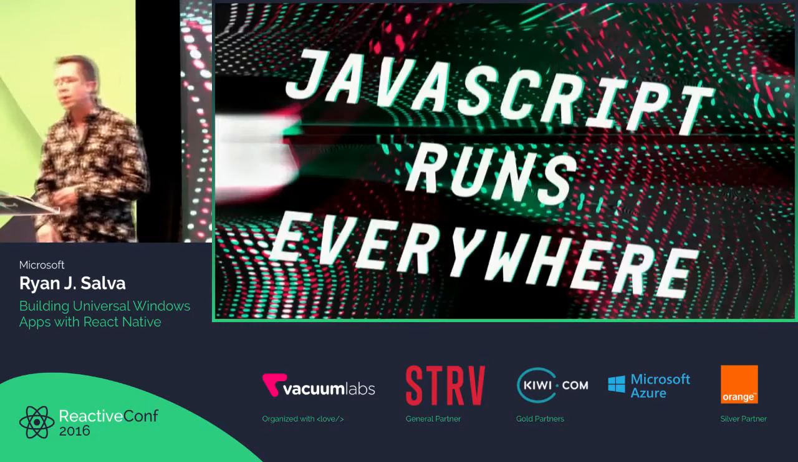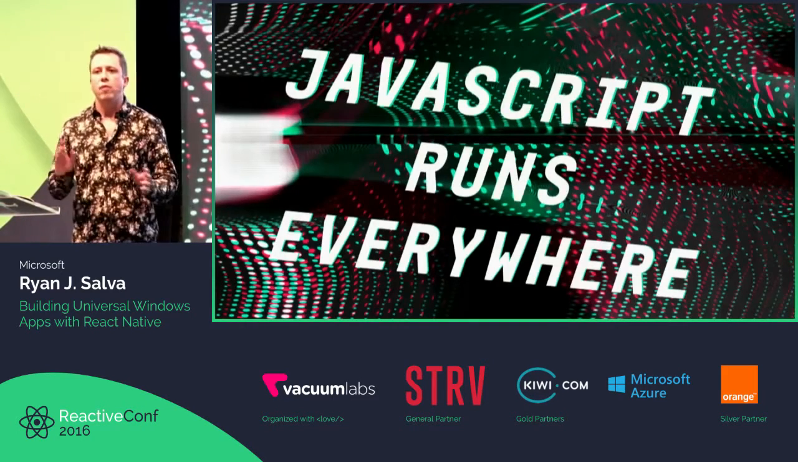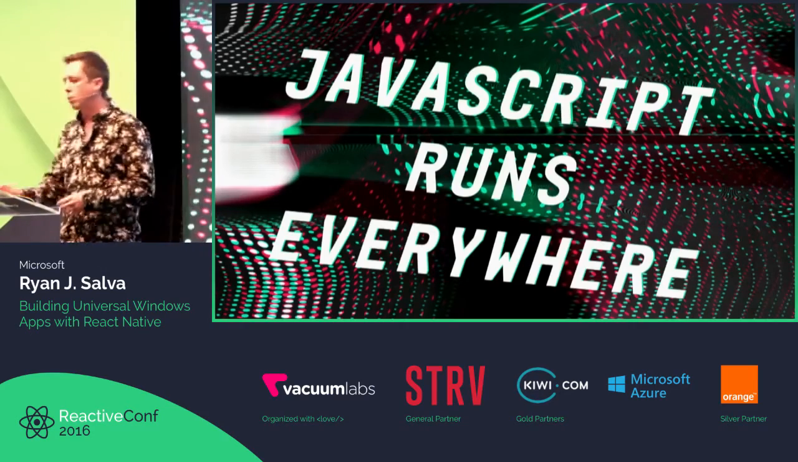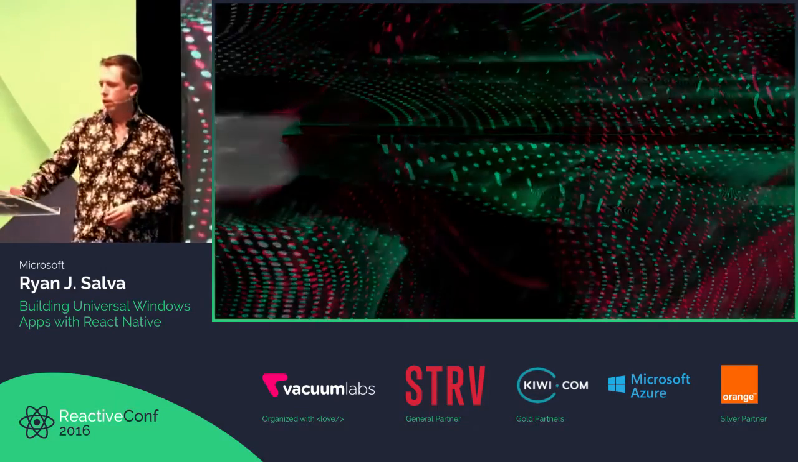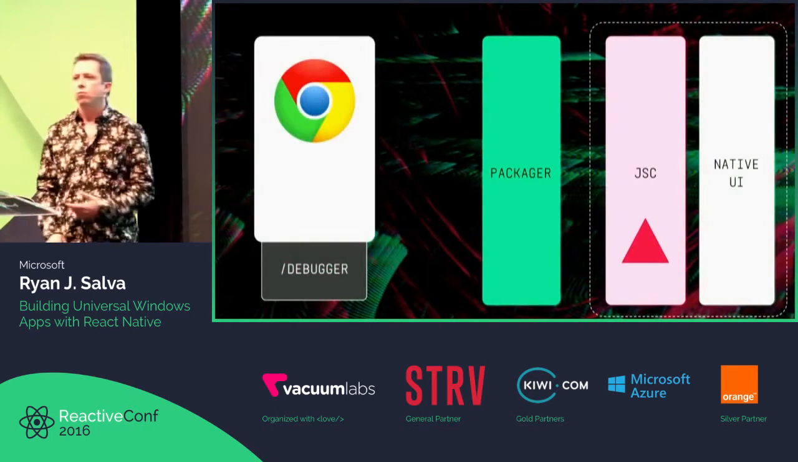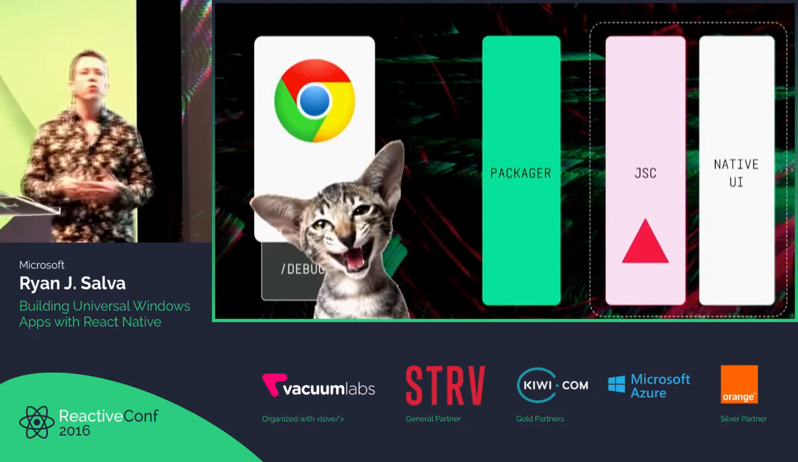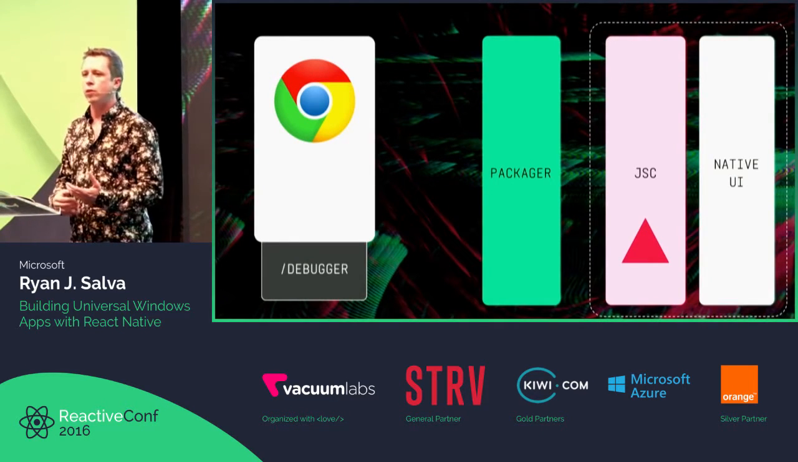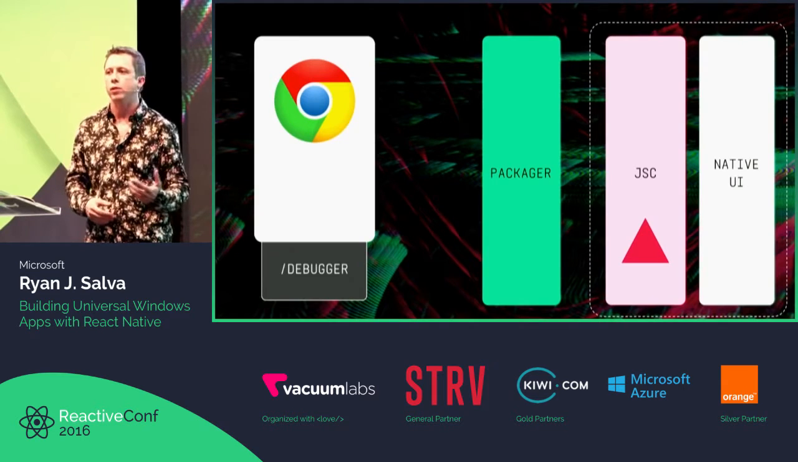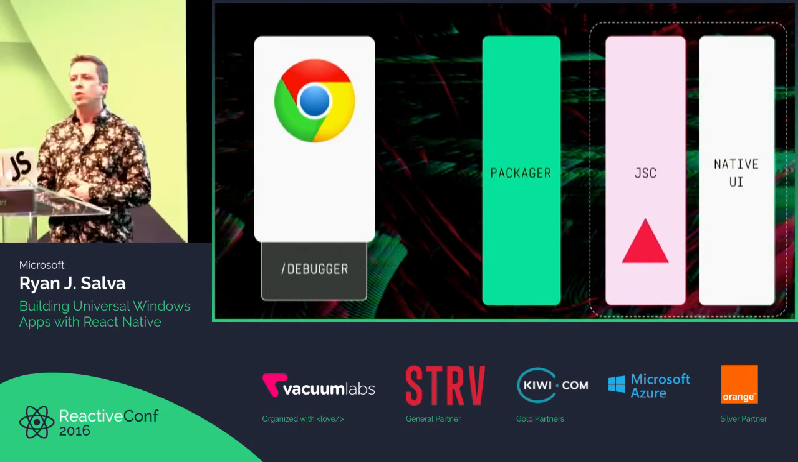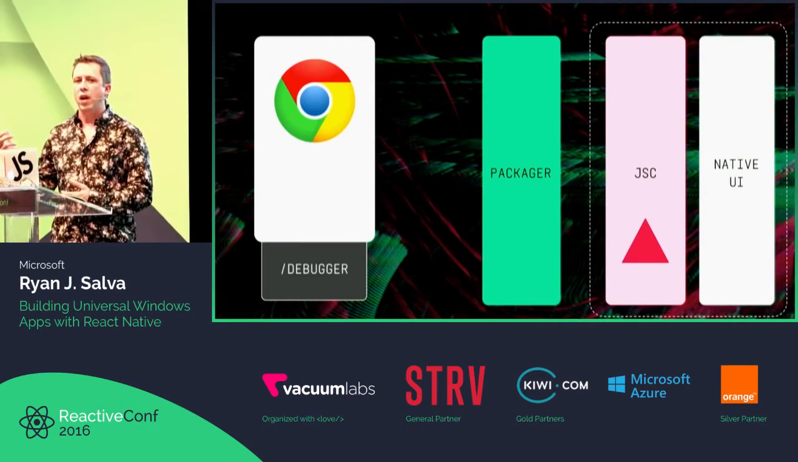Well, luckily, JavaScript runs everywhere. There's all sorts of places that you can run JavaScript. The most obvious one: Chrome runs JavaScript. Chrome's a great place to run JavaScript. Not only does it provide good development tools, but it's also got one of the fastest JavaScript engines on the planet, right? So what we'll end up doing is when you start up that React Native app and you connect to the debugger,